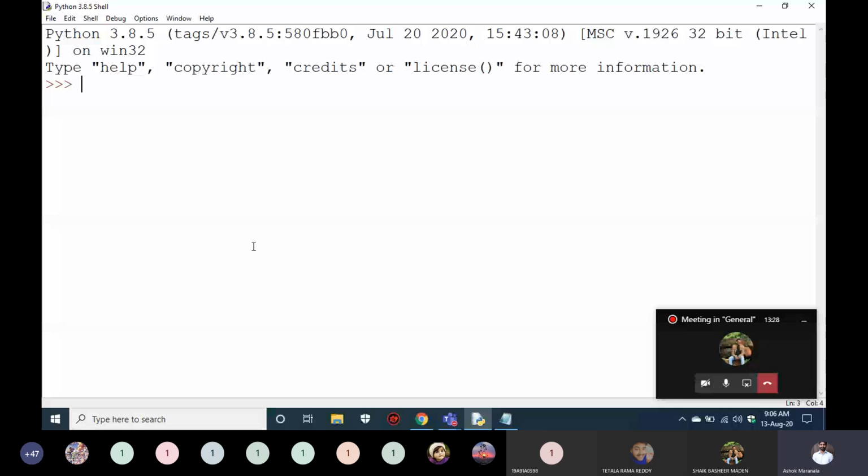Generally these relational operators play a major role in any programming language. They are very important in any programming, because we know that we'll work every time with data, right? The data may be anything, maybe integers or lists or tuples or dictionaries or strings. So there may be a chance that you may compare the relation between two data. You may have to see the difference, whether they are greater or less. So when you are seeing any relation between two different data, we use these relational operators, right?